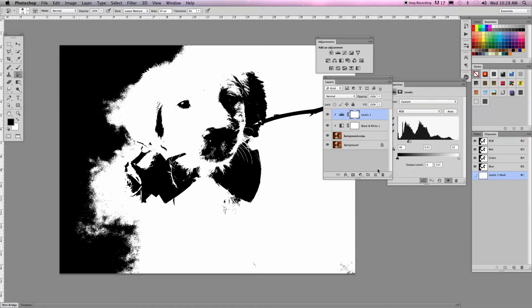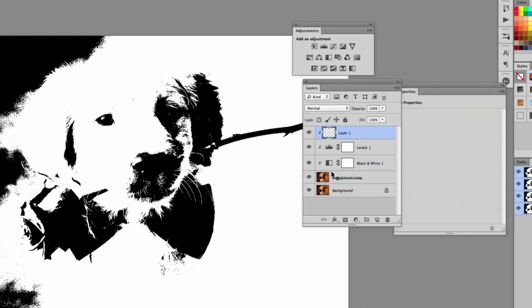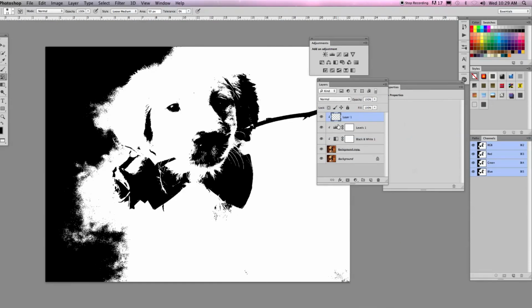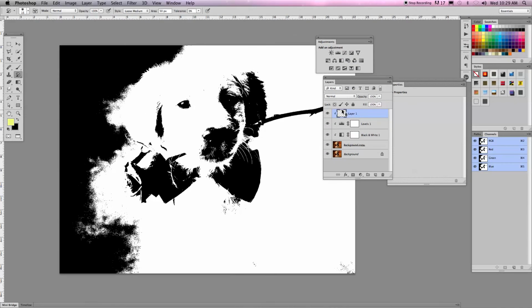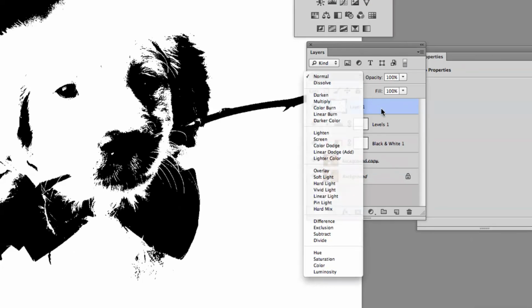I would make another layer on top of this one. So layer 1, do a clipping mask with that one. So I only want it to affect this layer. Let's see if this will work. Grab my regular brush. I've got yellow. Nope, not going to work. I'm going to change this to,